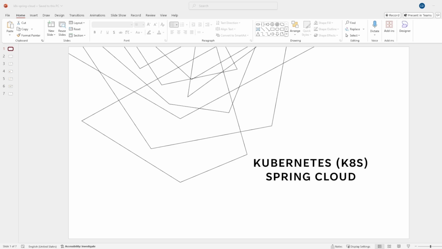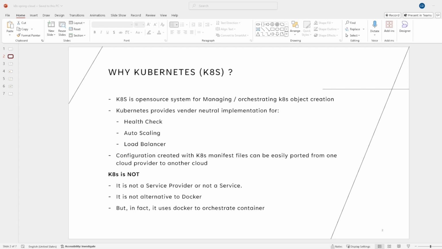Hello guys. Before we jump into the Kubernetes demo, let us try to understand what is Kubernetes, the high level architecture of Kubernetes, and what are the different components of Kubernetes. So why should we use Kubernetes? The main advantage of using